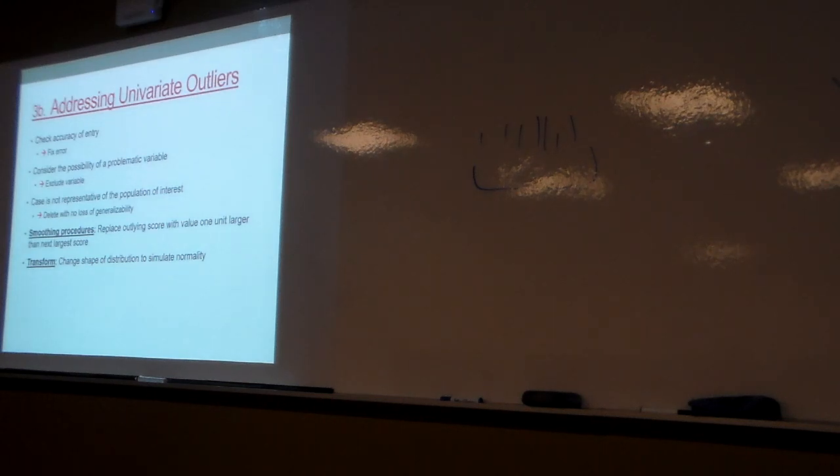But you want to make sure that you've gone through and taken a look through your records. This starts to become important if you have hard copies or other types of things, to be able to go through and figure out what actually happened with this. Or maybe it was an RA who just did their own thing when they shouldn't have been, and you got a bunch of weird scores. You want to go through and make sure it wasn't something strange. And if it is, you can just get rid of that. It's not a big issue.